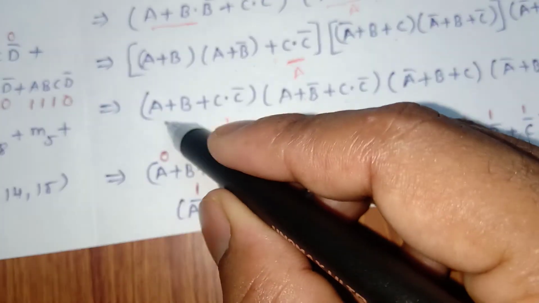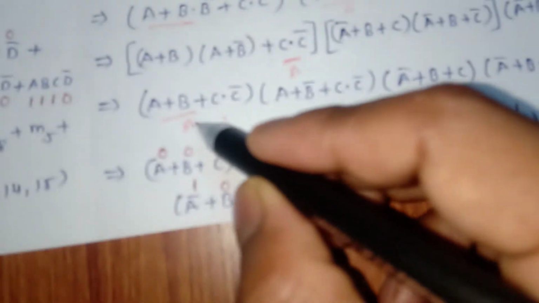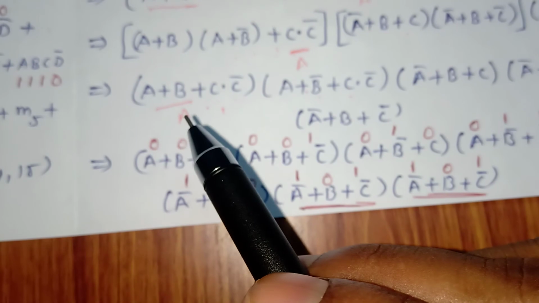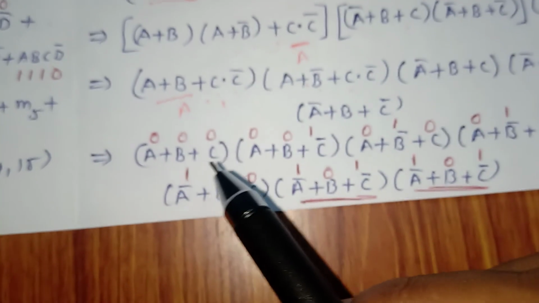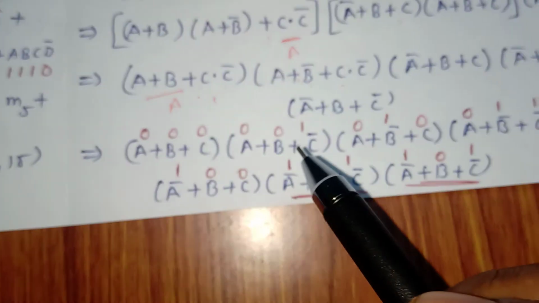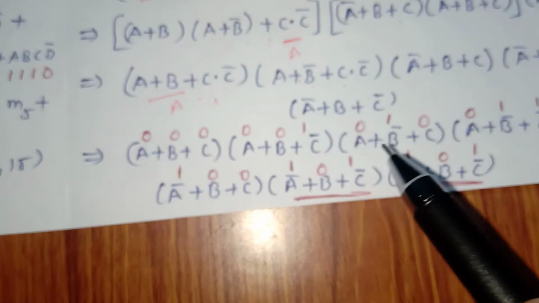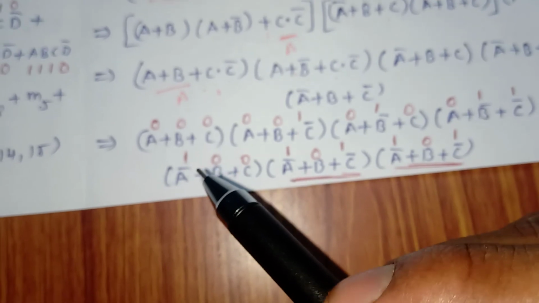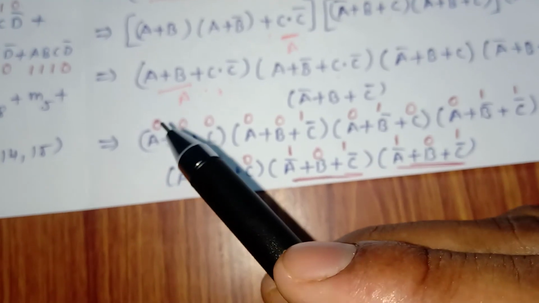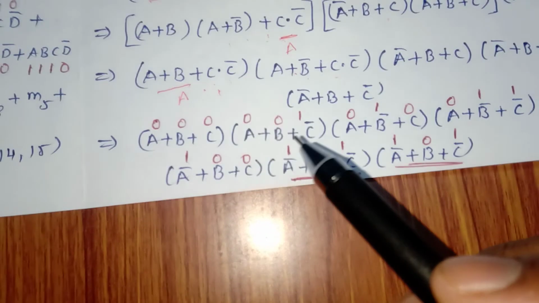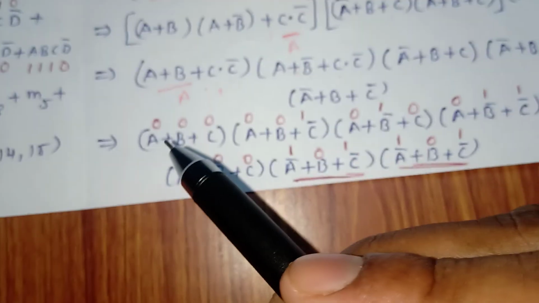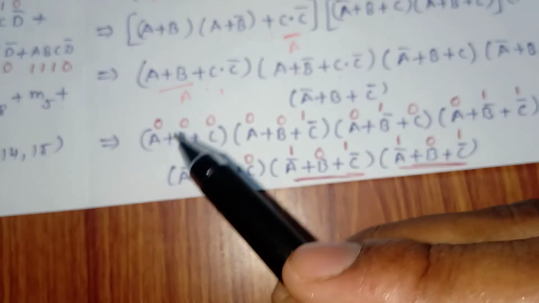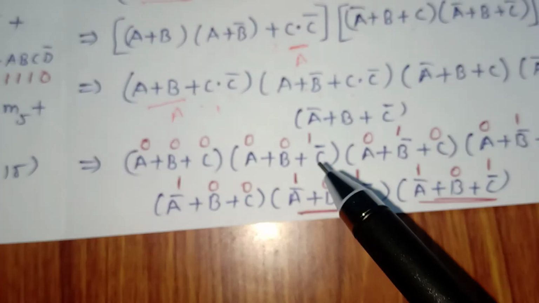Now further, if you observe this as A, then A plus BC, okay, A plus BC can be written as A plus B into A plus C. Similarly, A plus BC can be written as A plus B into A plus C. Now write down the binary equivalent. Since it is product of sum, you have to remember that normal is given as 0 and complement is given as 1. A, B, C.